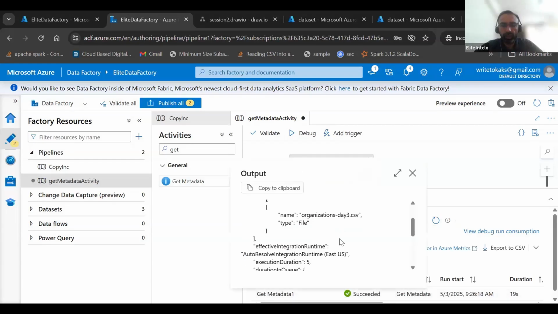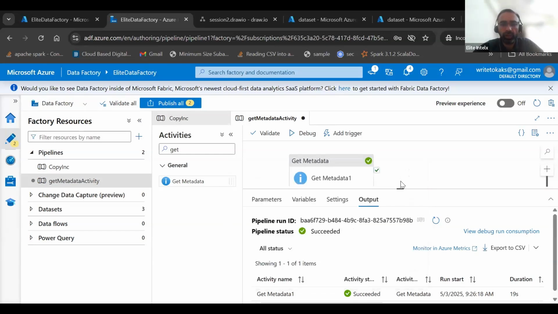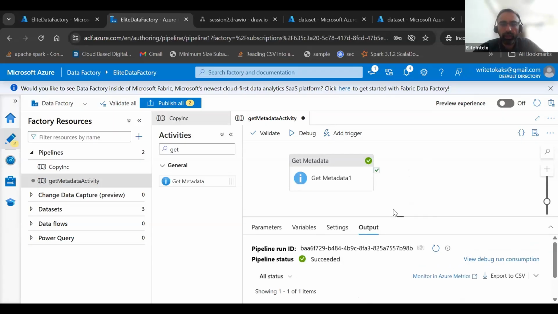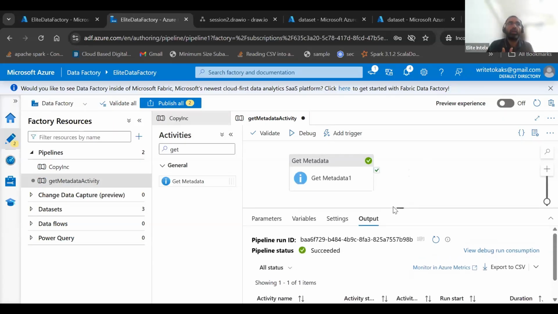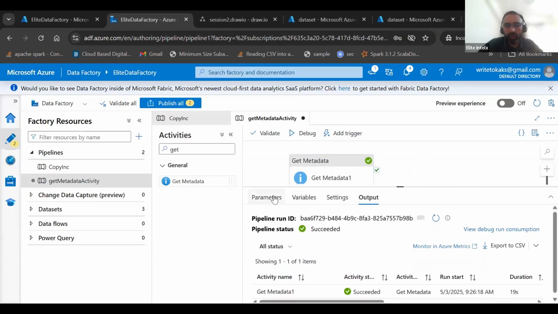Let's see. Now I just got customer day 3 and organization day 3. That's what I needed. I don't need all the data, I just need the specific data. So guys, there are different ways to solve the same problem, and I showed you we have multiple options over here. Now it's fine for our use case, which was only about getting